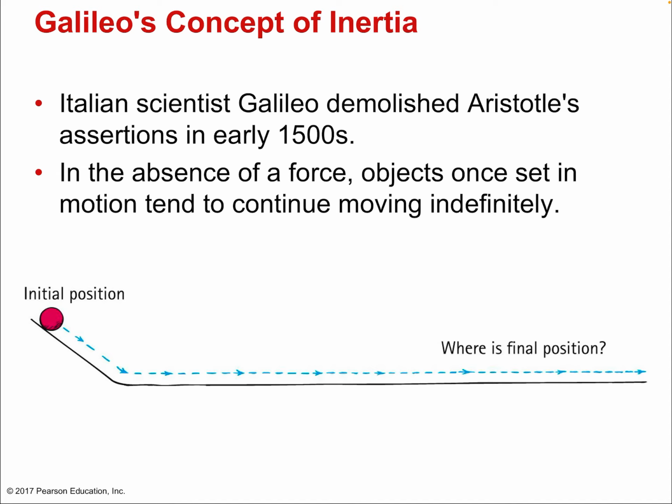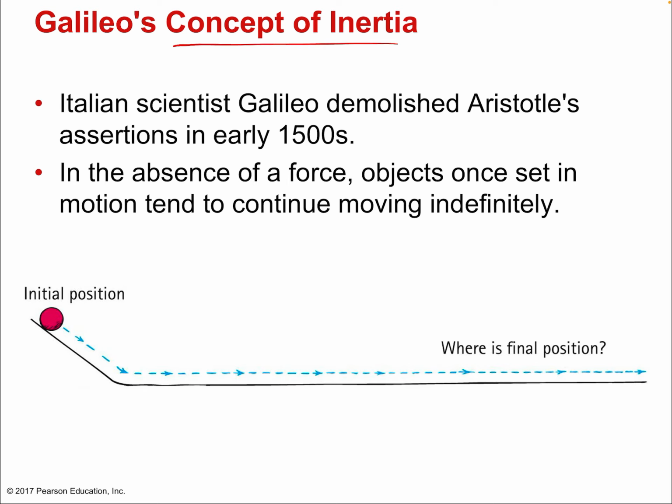But by the time of the 1400s, we had people like Galileo, we had people like Newton, we had people like Kepler that were thinking outside the box. They were thinking revolutionary new ideas, new ways of looking at the physical world. Okay? And they wanted to find new rules, rules that were observable, that were testable, that other people could repeat. Because Aristotle's rules were purely from the imagined mind. They were just philosophical ideas. They were not testable. Well, one of these testable ideas was the concept of inertia.